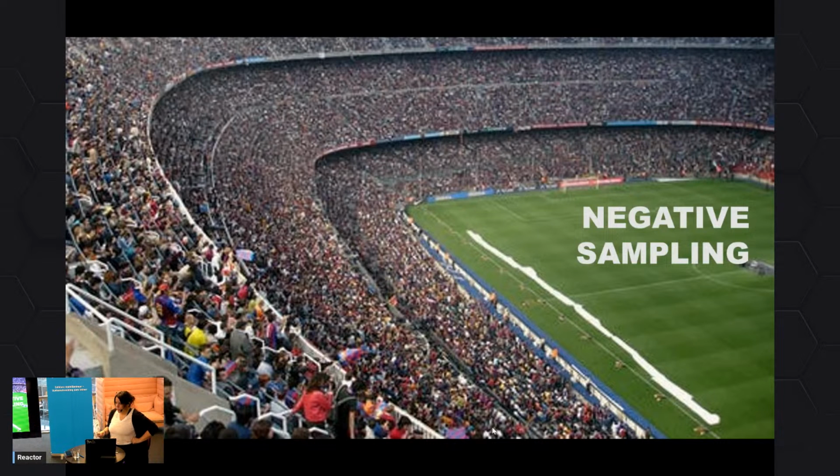Negative sampling: think about a model that classifies cat or not a cat. You can't just feed it cats, because then it has nothing to say what is not a cat. And if you feed it 500 images of cats and 500 images of black screens, it's not going to learn what a cat is. It's going to learn what not a black screen is, right? So you have to have something that is not a cat, but similar enough to a cat that it has to learn the intricacies of cat and not a cat.